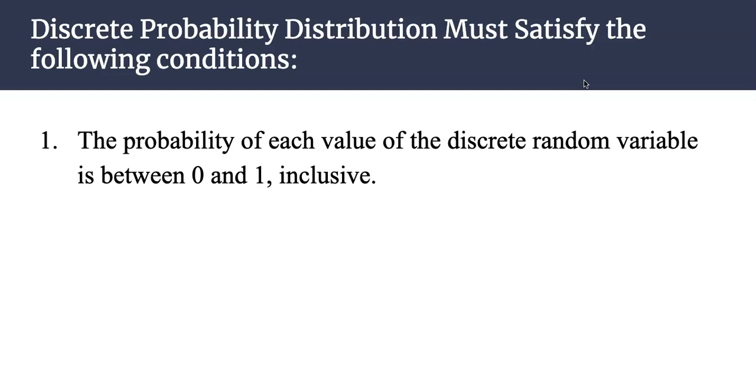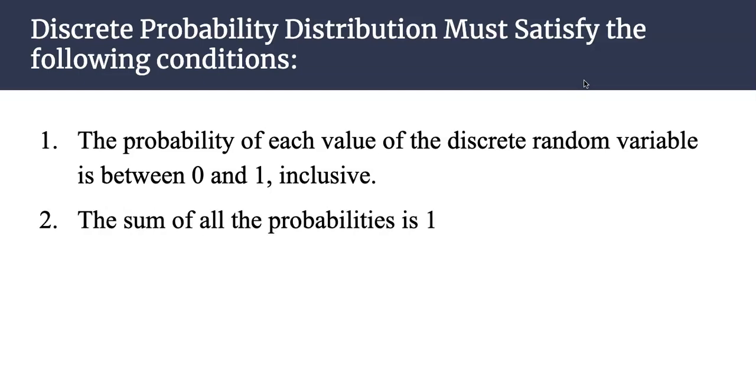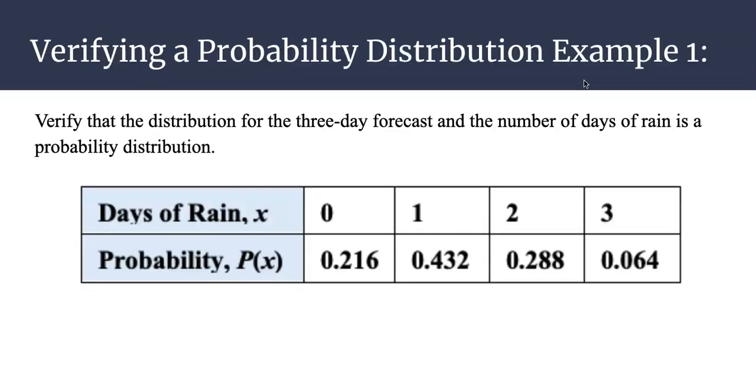But it can be 0 or it can be 1, okay? The second one, the sum of all probabilities better be 1. If they don't add up to 1, then it's not going to be a good probability distribution. We're going to be missing 1 or 2. Okay? So let's verify if this table that I gave you is a